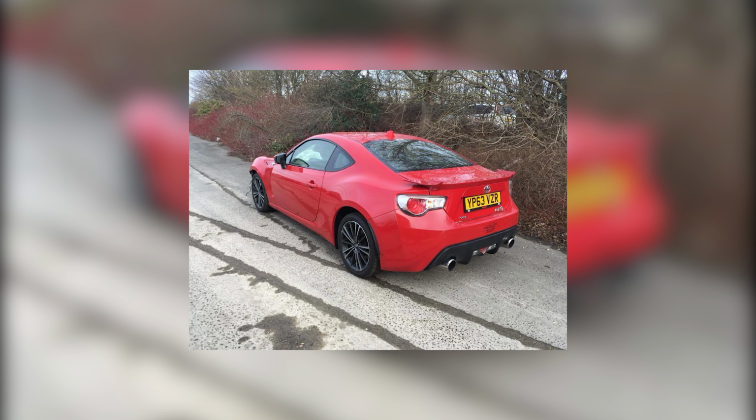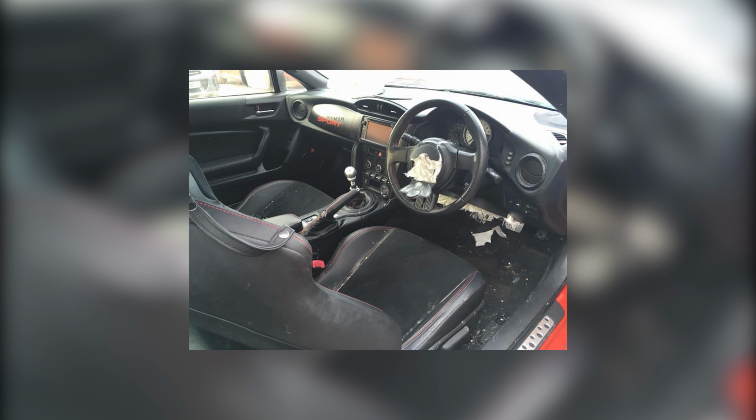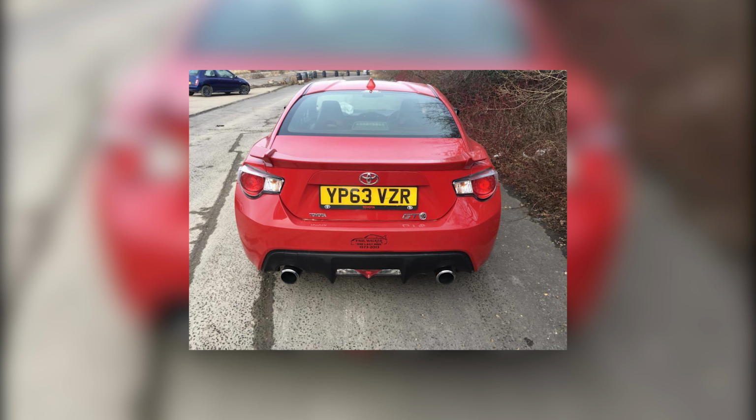As you can see from the pictures, the front bumper was totally gone, the headlights were totally gone, and the crash bar did exactly what it needed to. The radiator was crunched all the way up to the front of the engine block, but the engine still ran. Of course, without a radiator, I didn't want to run it for too long. It still drove straight, with no suspension damage and no chassis damage. The fuse box looks pretty battered, but once everything was pulled out of the way, it was all right. So with it able to drive, we were able to get it up onto a flatbed truck